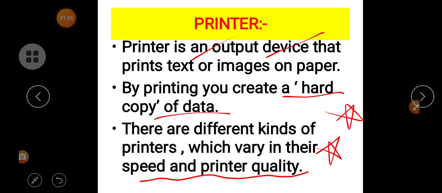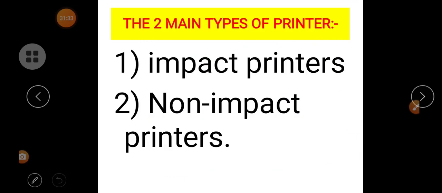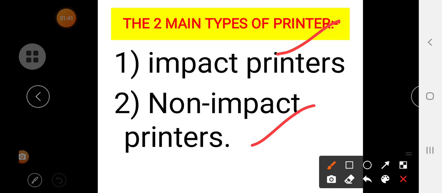Okay. So lines per inch will be there, dots per inch will be there. So print quality will also be very different from inkjet printer to laser printer to line printers, etc. So what is a printer? It is an output device that prints text or images on paper. Always a printer will give the hard copy of the output. Okay. Next we will see the two types of printers, that is impact printer and non-impact printer.